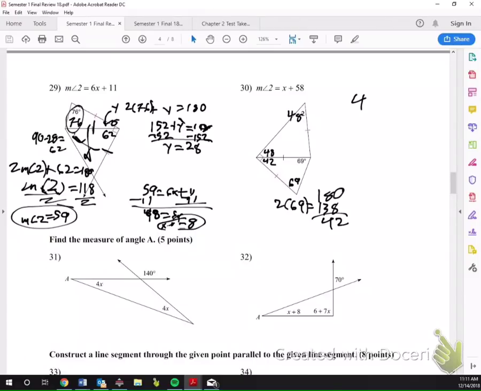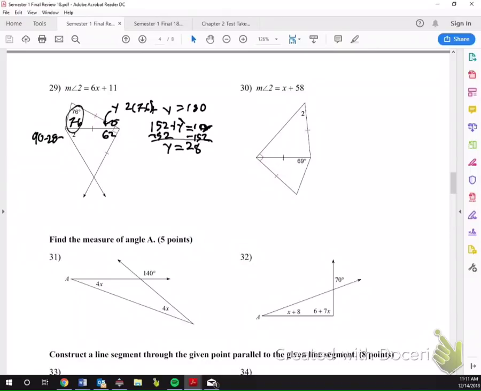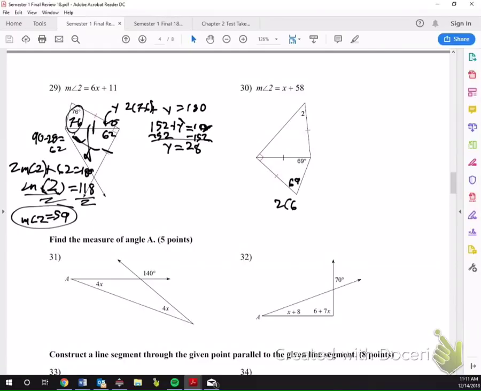Now notice here, I actually made a mistake that a lot of you guys make. I found the measure of the angle, and I stopped. It was only after a little bit that I realized that I needed to go back and modify my answer, or complete my answer, rather. So I'm actually going to rewind a little bit, and that way we can go through number 30 from start